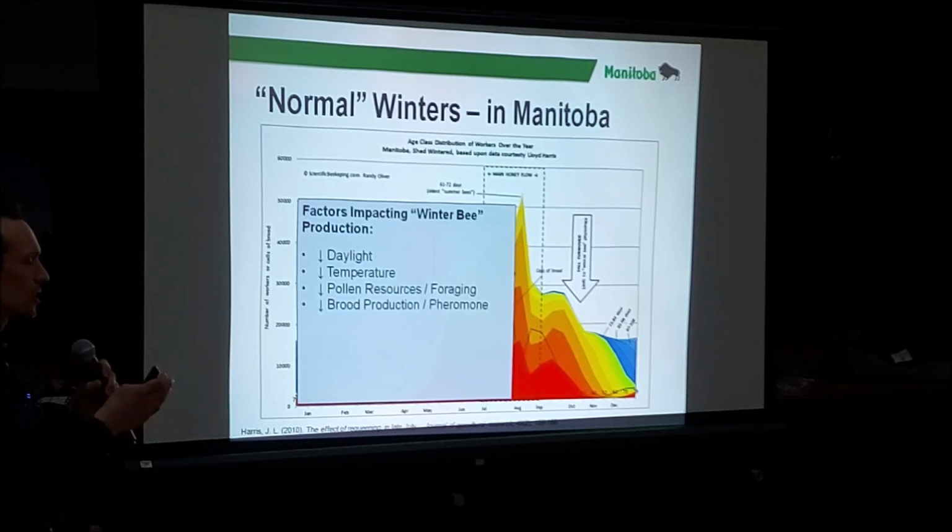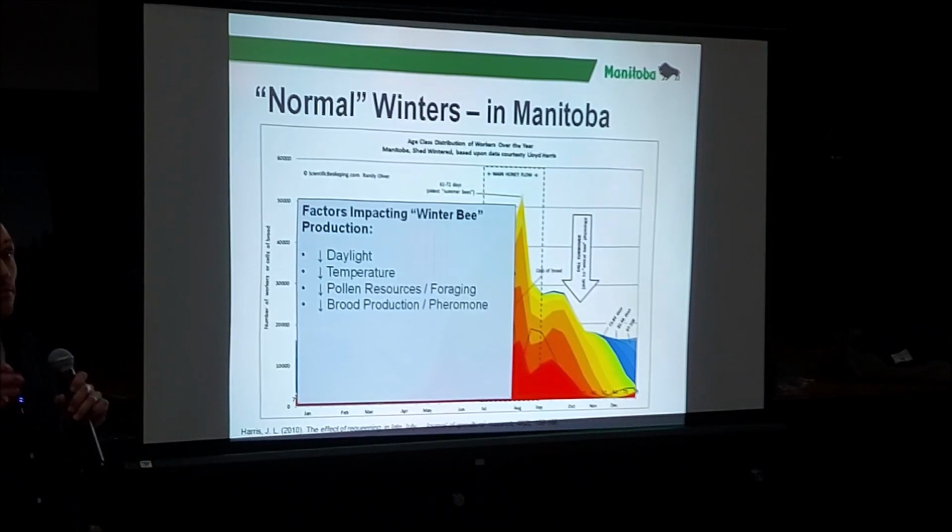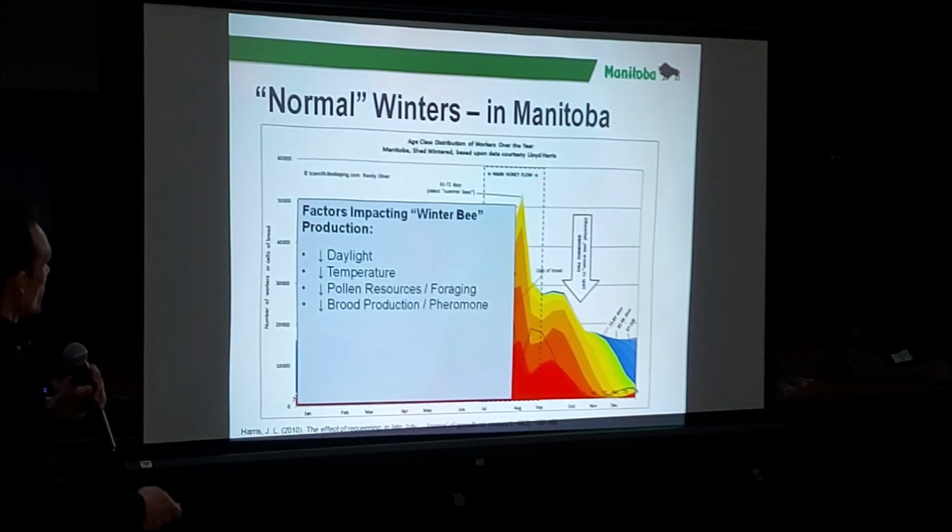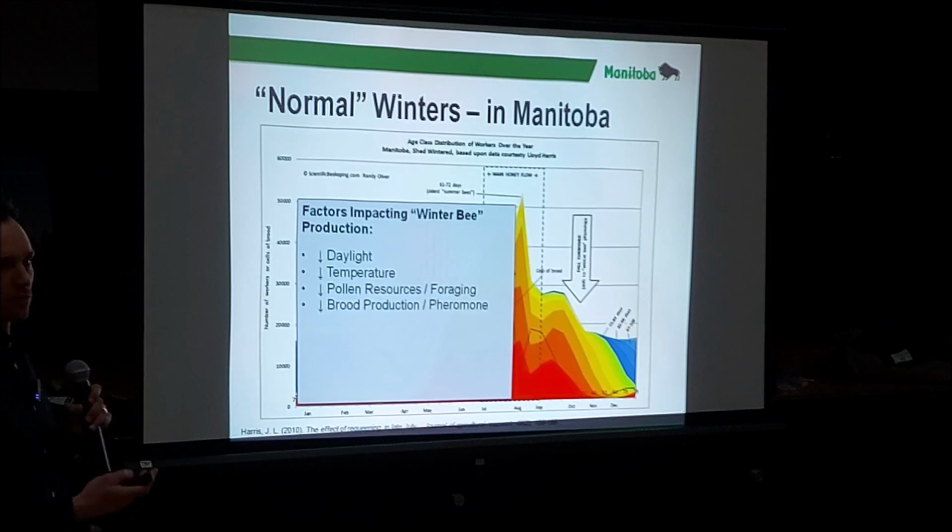So the bees shift from those summer bees that live only 6 to 8 weeks into bees that can survive much, much longer. There are many different factors, so daylight and temperature, as well as diminishing pollen resources as things stop flowering in the fall time. The pollen resources go down, there's diminished foraging,